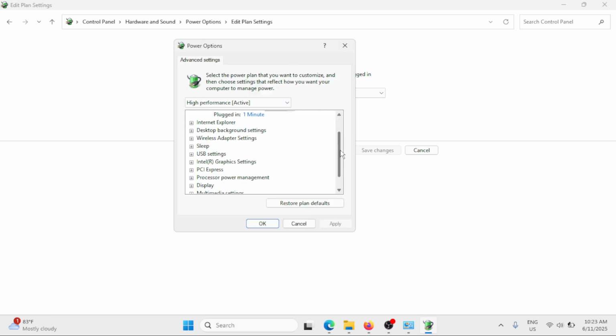Now here you have to look for the option Display. Click on this plus sign symbol. And here you have this option Turn off display after. You have for on battery and plugged in. You can simply change this to any minutes that you want, like 200 or 125 or so, depending on your